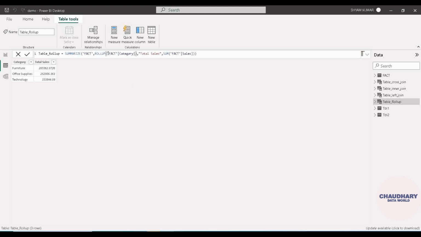It was initially not supplied into any type of DAX function, but this time we are applying rollup on this category column. When we click on enter, you will see that a new row is added into it. So let's see what it is giving you. The new row is having the value